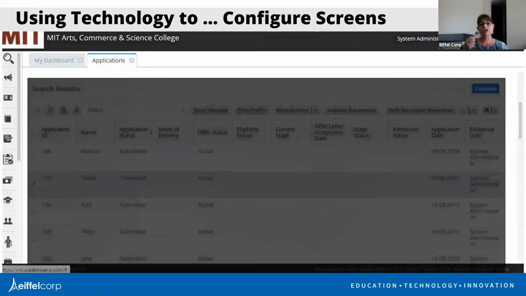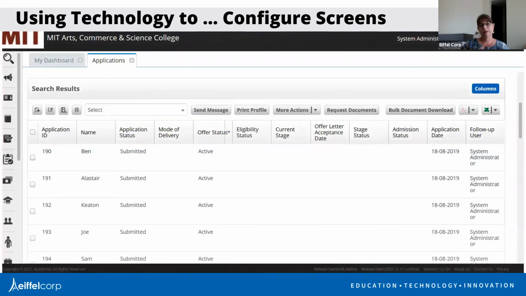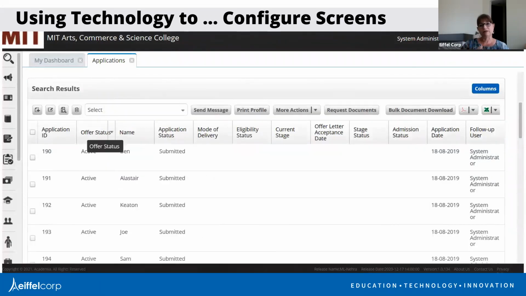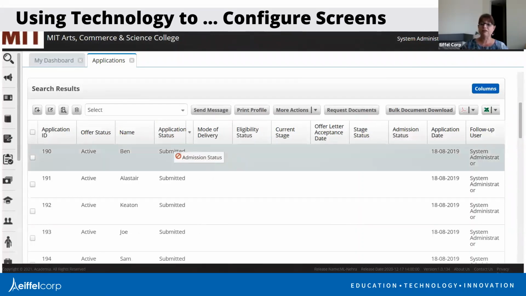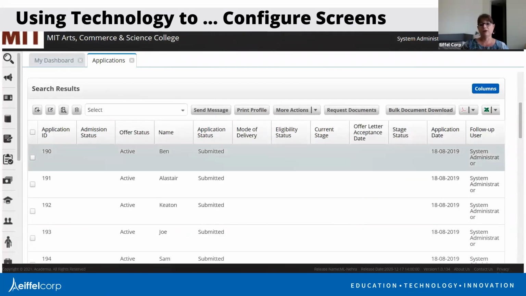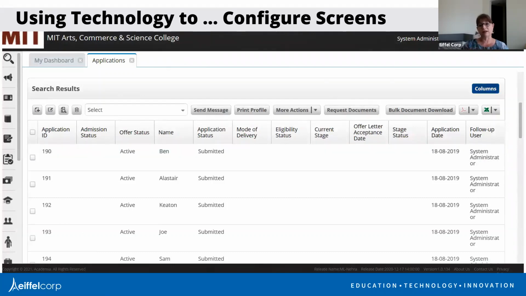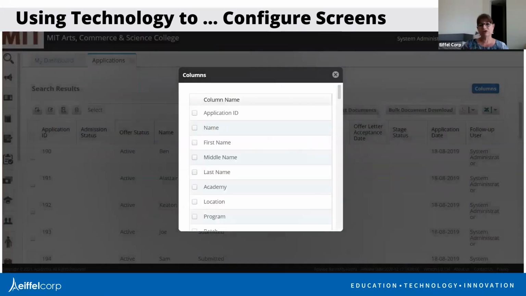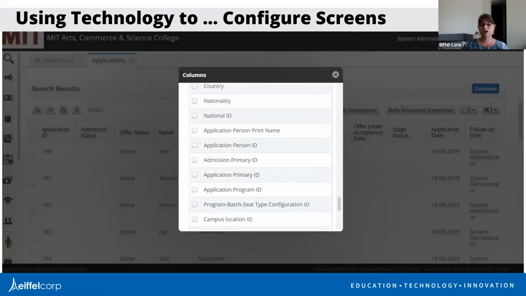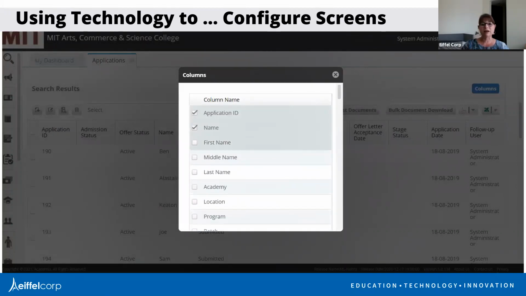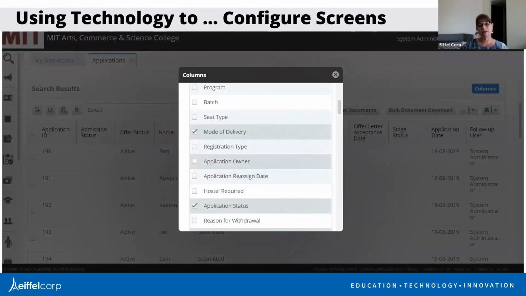Again, there needs to be a level of configuration that is not the responsibility of the institution to maintain, and definitely you don't want the vendor to do that maintenance, because then it becomes costly and time consuming. And the Academia system makes it available to the end user. What fields do I want to show, and what fields do I want to hide when I display these results